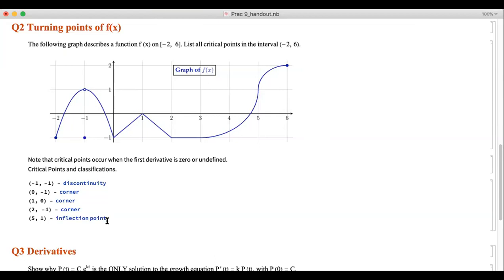Is that the only one? 3 minus 1, that's it. Yeah, very good. So the points in between,